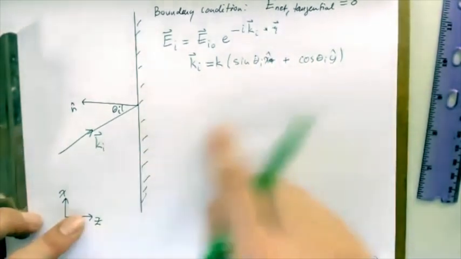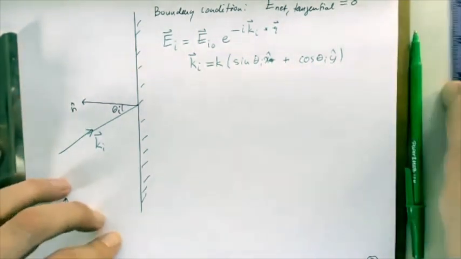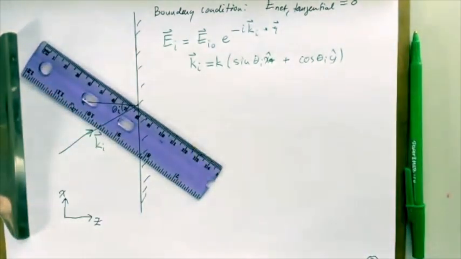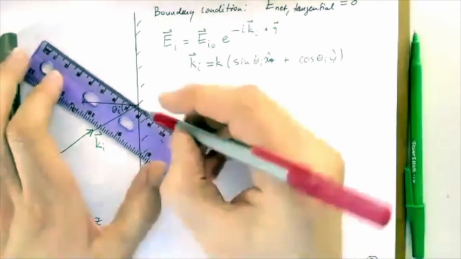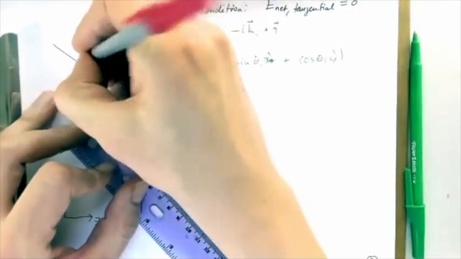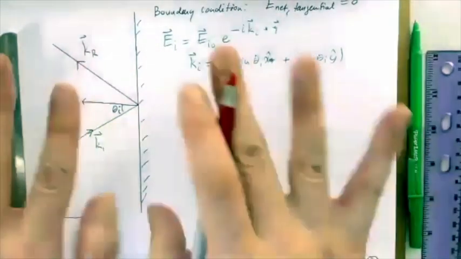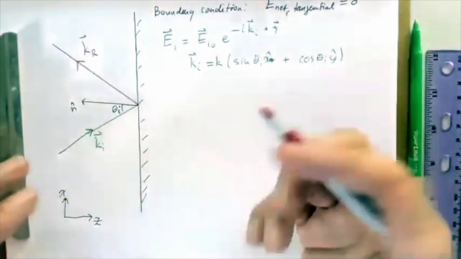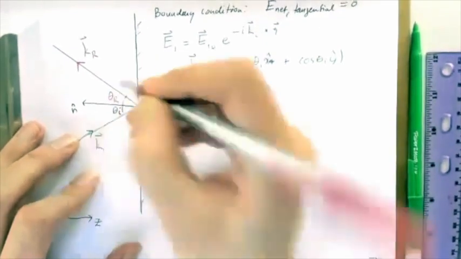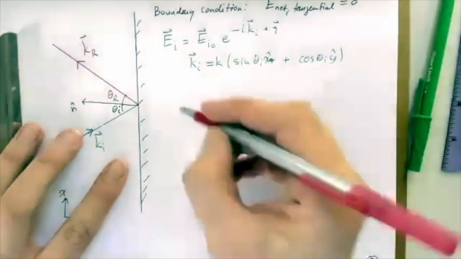Okay, that's the k vector. Now this thing is going to get reflected, and I'm going to draw it already at an angle that is equal but opposite to this one, because I'm taking a step ahead, but you'll see mathematically that works out. So this is the reflected angle. So the reflected field